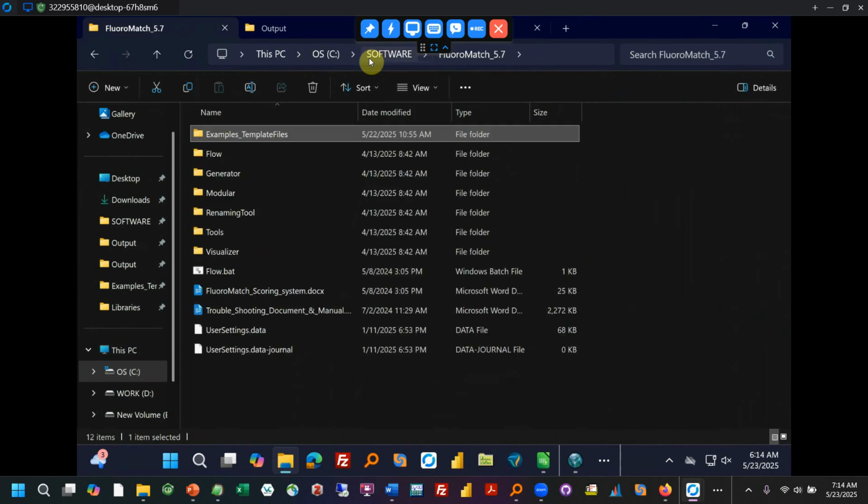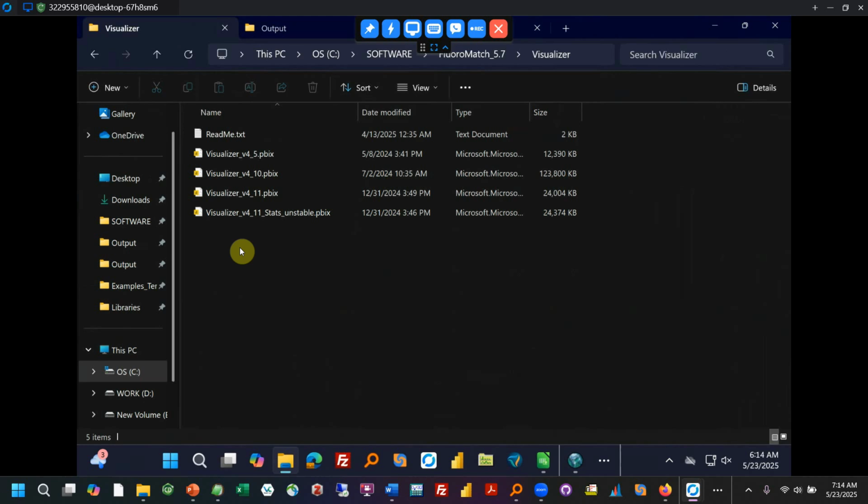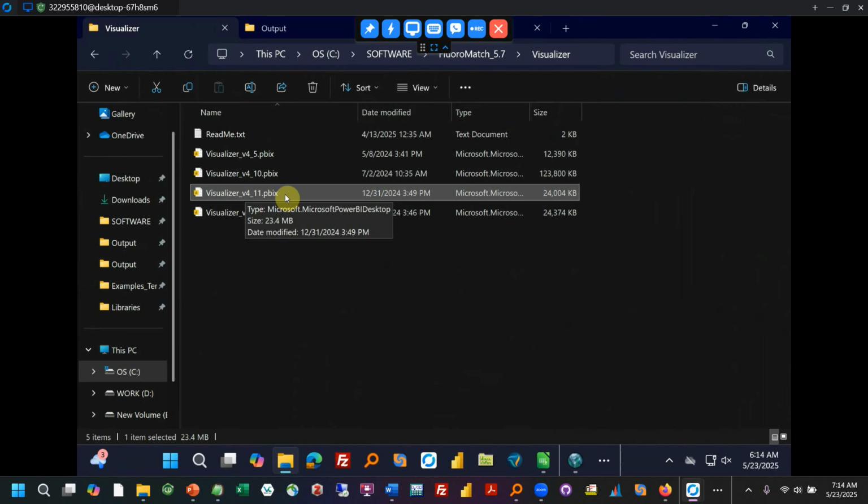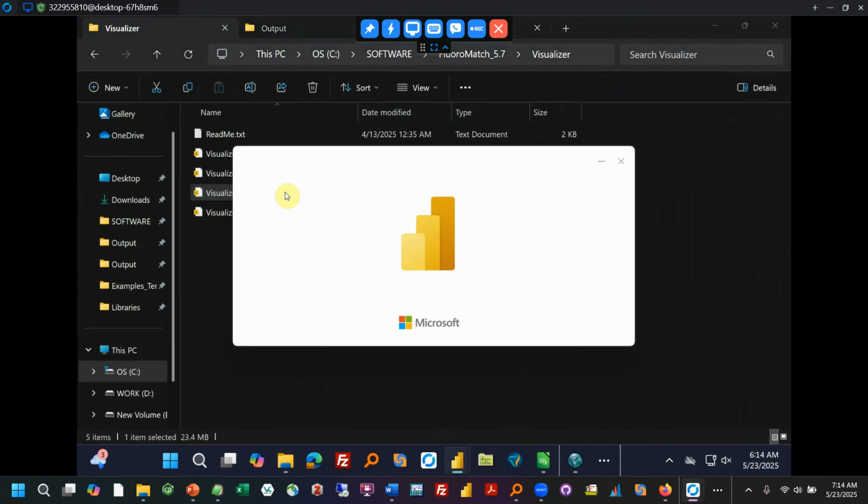So in order to open the visualizer, go to the software, go to visualizer, and most of the time, probably people are not going to be using the statistics. Again, this is a beta option, so take the non-statistic version. Of course, with your version of the software, there might be new versions as well. Take the latest version of the visualizer, open it up,